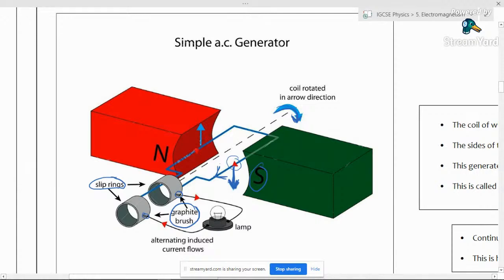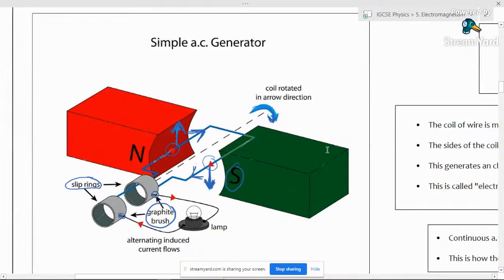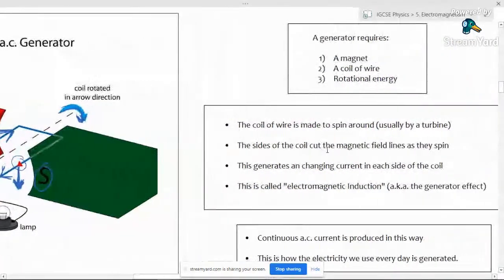You can see that this side of the coil is being moved in the upward direction right now. And again, you point your fingers north to south, you point your thumb up, and you'll see that the palm of your hand is then pointing in the same direction as this red arrow over here, which is this way. So you can see the current at this instant is flowing, if you're looking down, in a clockwise direction around that coil. Okay, we'll leave that there for now. We'll come back to that in a little bit. So just notice again,